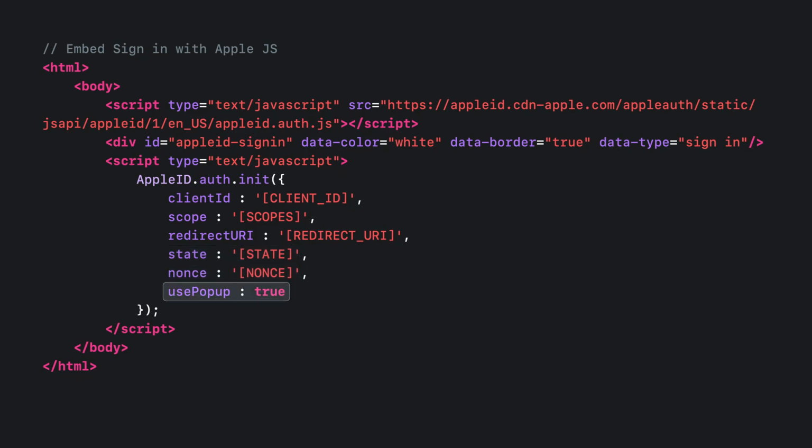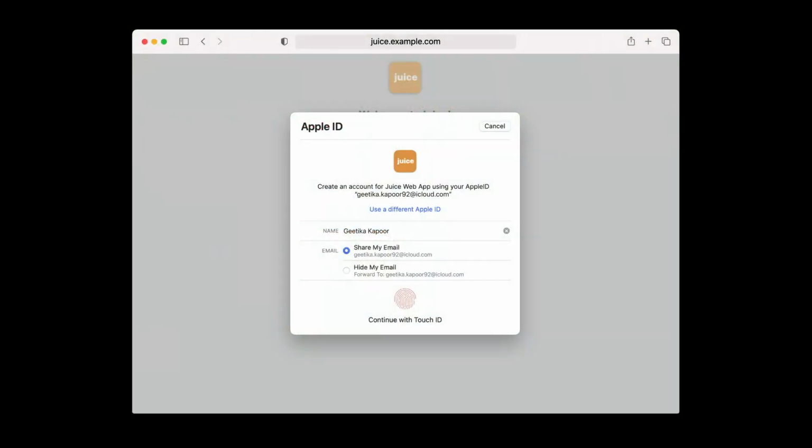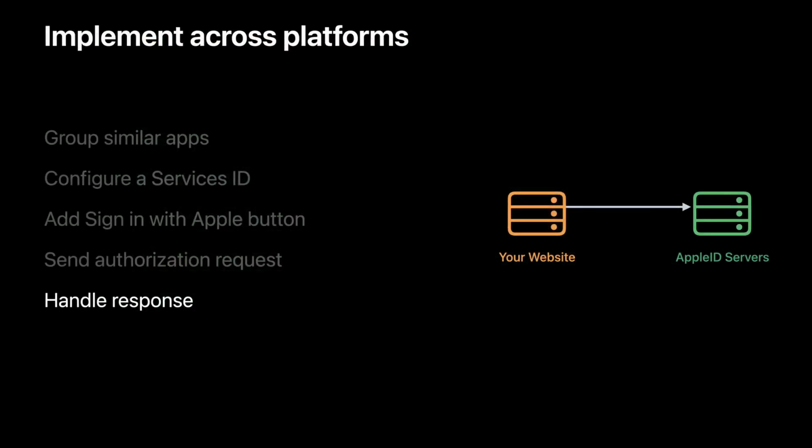And finally, with the Use Pop-up parameter, you can choose to display the login screen in a separate pop-up window or have the existing window redirect to the Apple sign-in website. If someone is using Safari, they'll see a native screen like this one, providing them a first-class experience to sign into your website. After the Apple ID server processes the authorization request, you'll receive a DOM event containing the results